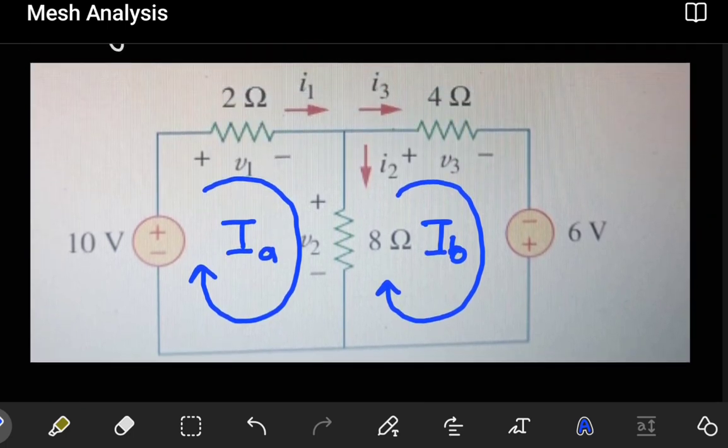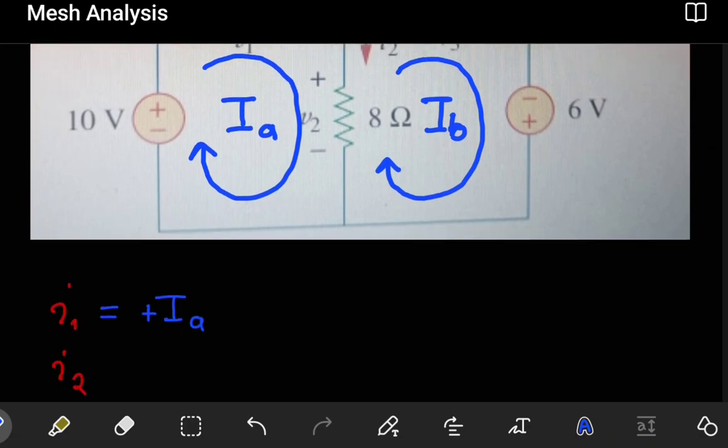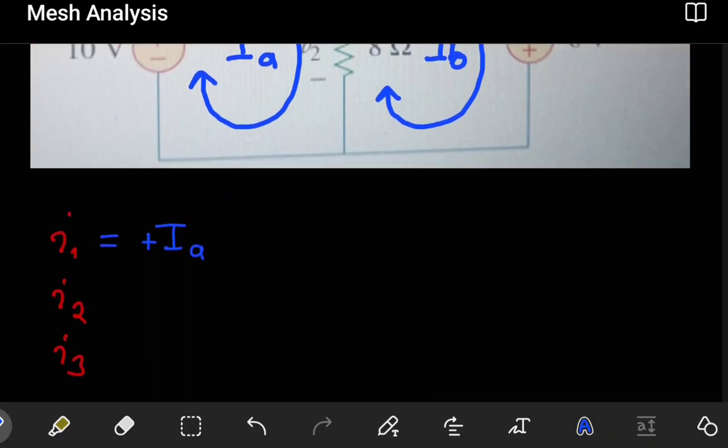The other thing that we want to see here is that IB does not interfere with I1. They don't interact at any point. So we won't relate I1 to IB. It will only be IA. How about